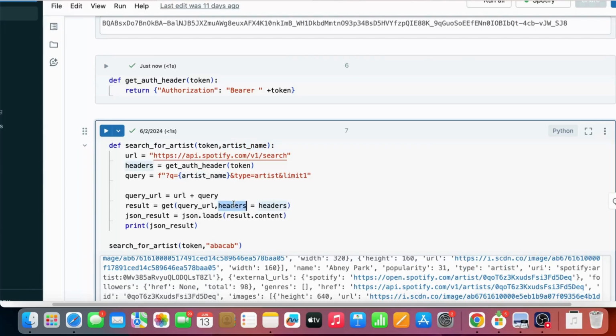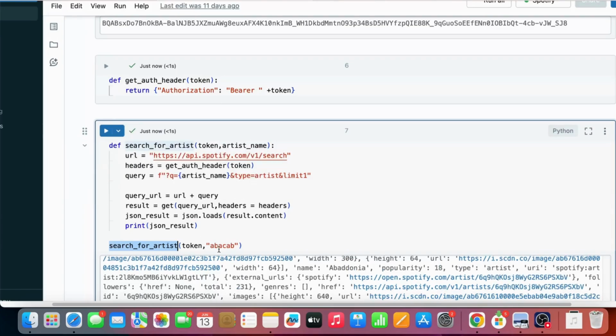So next I'm passing the header here. Once you have the result, you just pass the result and I want to get the content out of it. What is the content? In the JSON.loads, I'm passing the content and I'm storing it into my JSON result and printing the JSON result. You can also return the JSON result. I just want to show you, so I just did a print on that. Now I will be running this particular function with this particular token